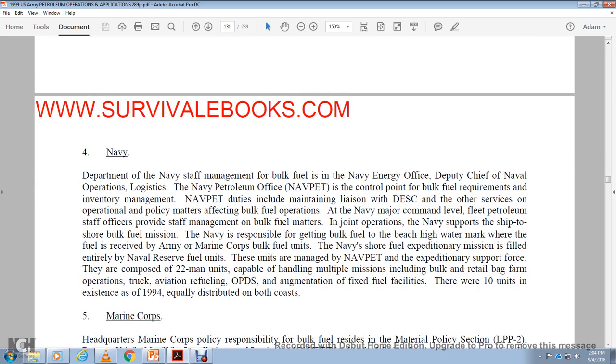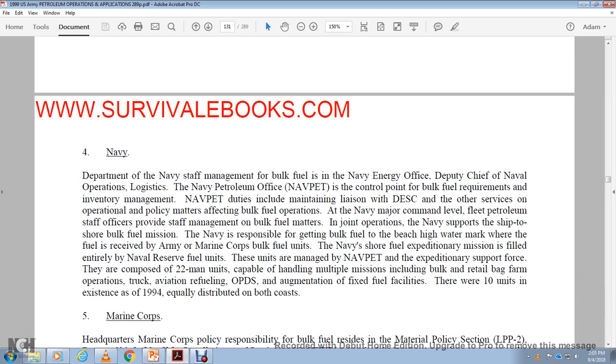Navy, Department of the Navy, staff management of the bulk fuel. The Navy Energy Office, the Department of Chief of the Navy, Operational Logistics, the Navy Petroleum Office, or Navy PET, is the control point of the bulk fuel requirements and inventory management. The Navy Petroleum Office is also the liaison with the Defense Energy Supply Center, and the other serves operational policy matters affecting the bulk fuel operation. At Navy Major Command level, the fleet with the petroleum staff operators provides the staff management of the bulk fuel